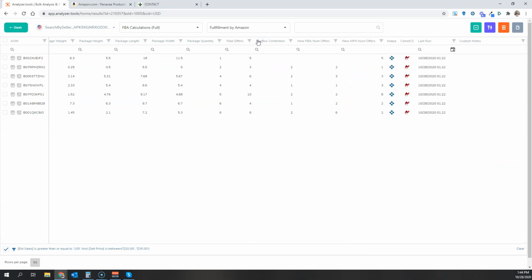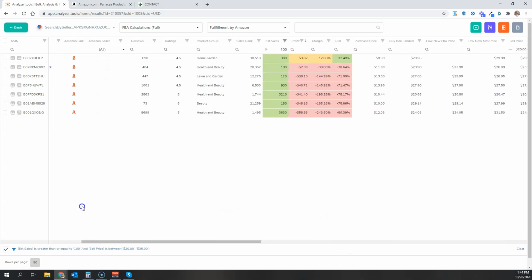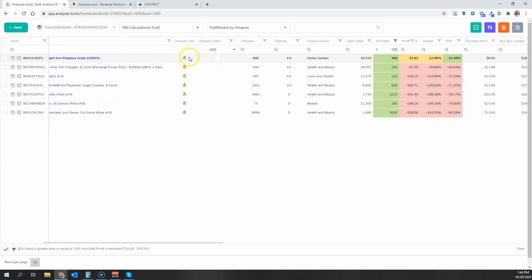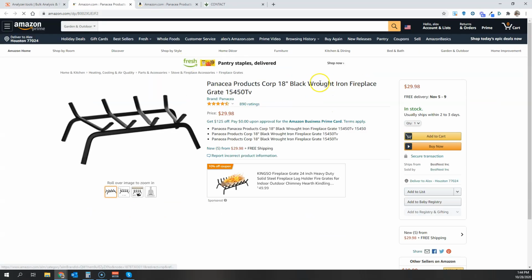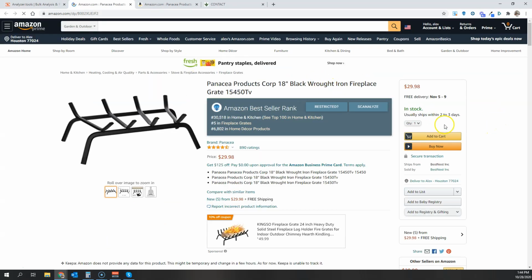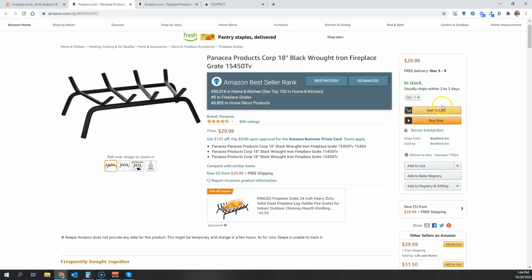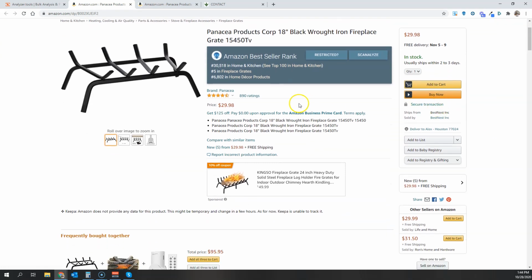So I'm going to move that over here so I could see it. So there's actually no one in buy box contention because there are no FBA offers. So no one is selling this FBA right now, which is interesting. And we could confirm that by going in here. There are no FBA sellers. So if you're able to sell this product via FBA,